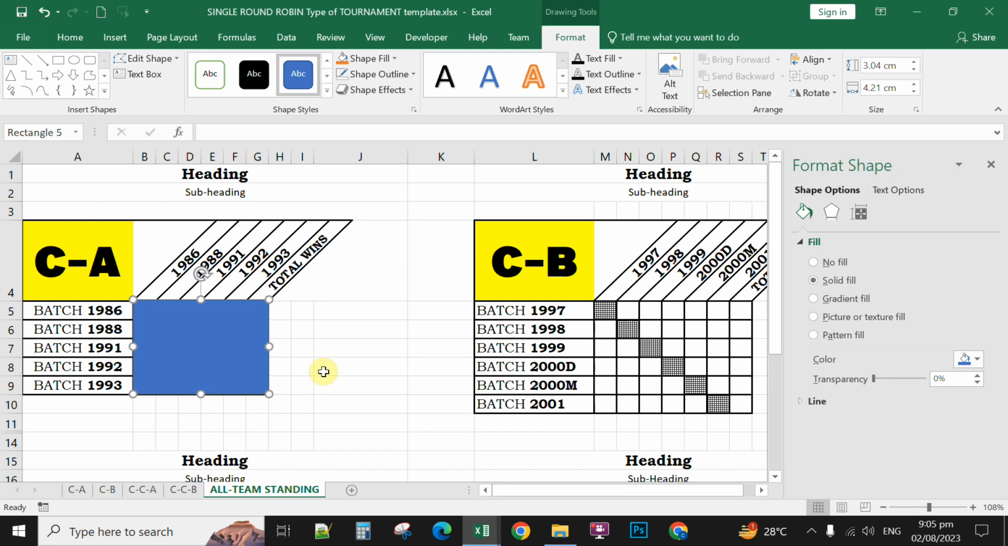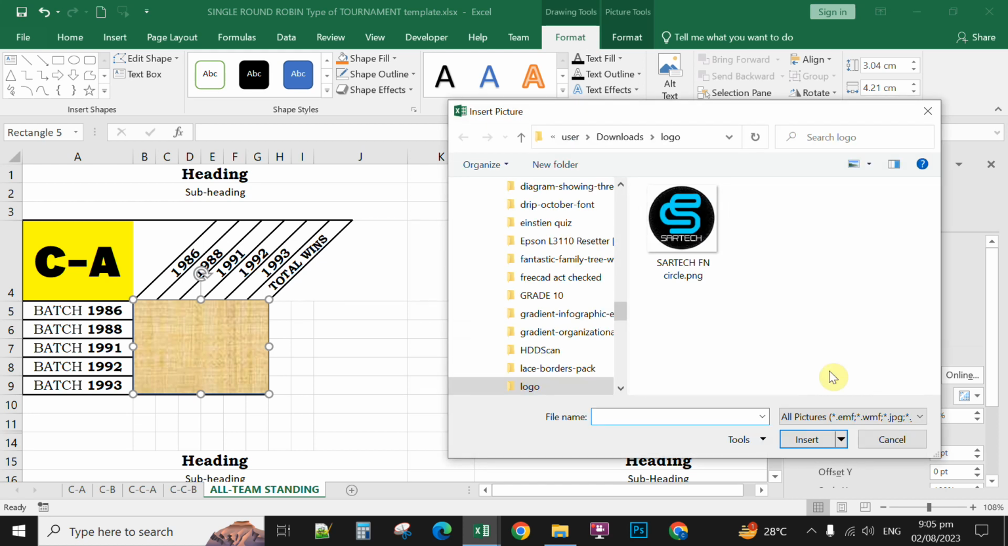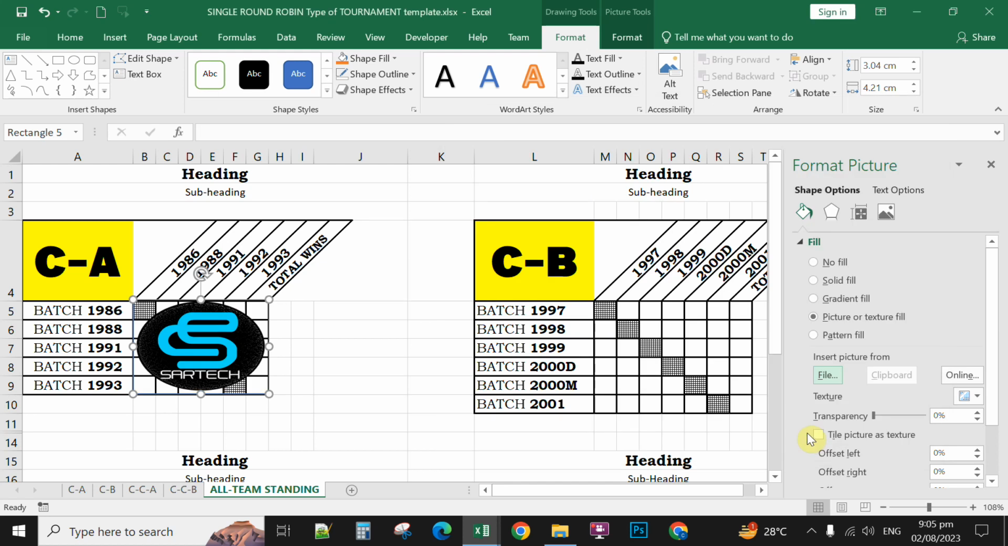Format shape, and then select this picture or texture fill, select this one, and then click file, then select the logo or browse the logo where you want to insert as background or transparent image. Select, then click insert. Okay, you have already the logo,